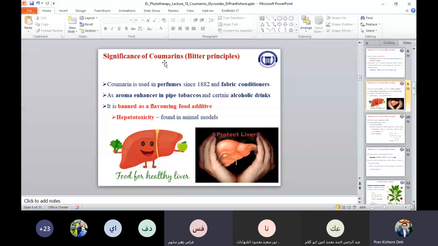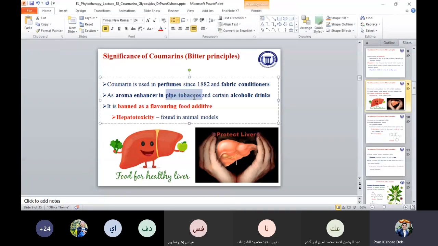Continue with the significance of coumarin. They are known as bitter principles because of their bitter taste. Coumarin is used in perfume since 1882 and also as a fabric conditioner because of its sweet smell. It is also used as an aroma enhancer in pipe tobaccos and certain alcoholic drinks. But its use is banned as a flavoring agent for food additives because it was found to cause hepatotoxicity